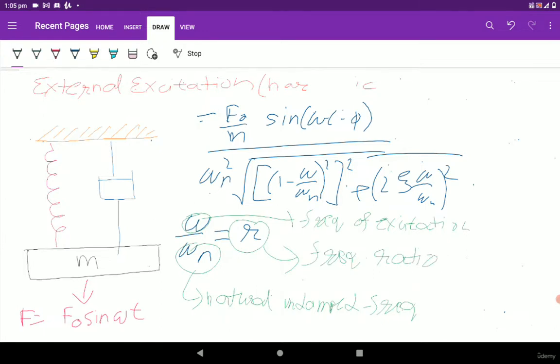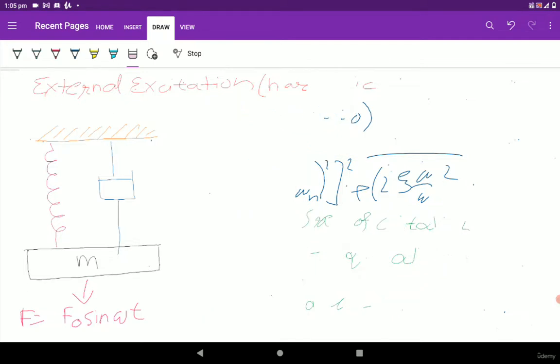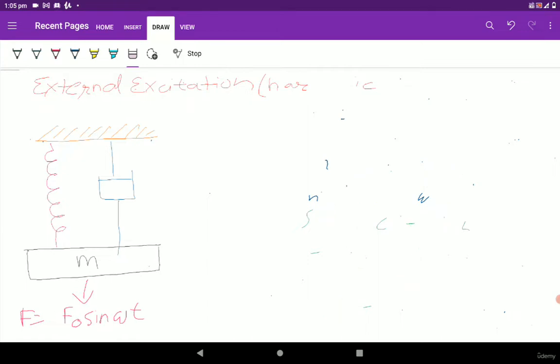After further simplifying, we are going to get the particular integral in the form of